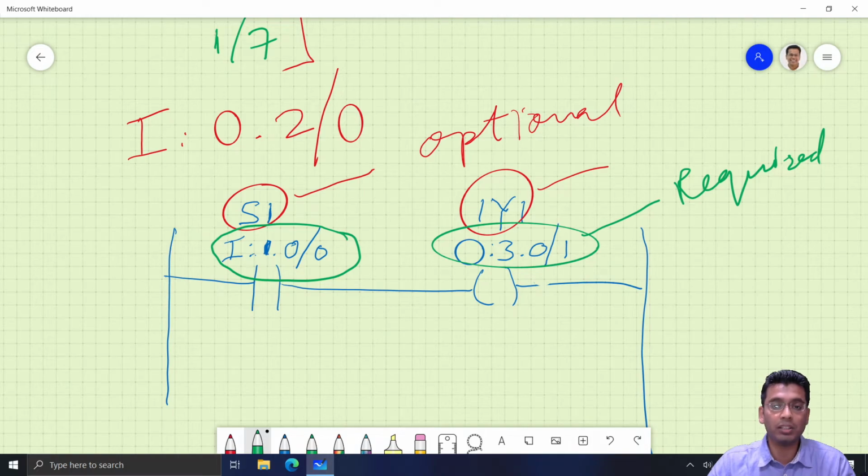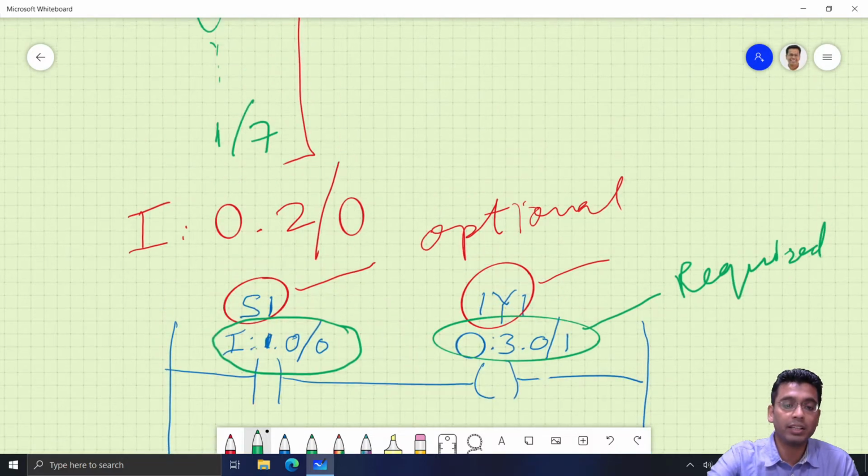See, first of all, if you talk about the PLCs, you have to identify the components: the number of input components and the number of output components. Once you identify them, you have to segregate them: which are the digital inputs, which are the analog inputs. Similarly, from the output portion, you have to segregate them into digital outputs and analog outputs.